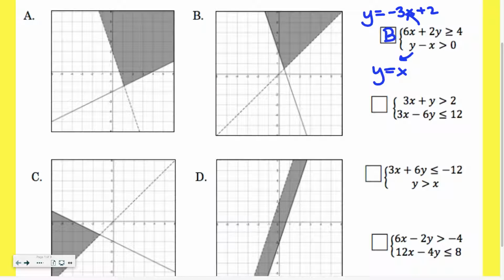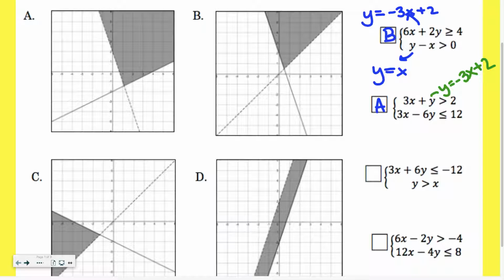Okay. What about this one? Which graph matches this one right here? A? Okay. Some of you are putting these into slope-intercept form. This would be y equals negative 3x plus 2, which is the same line as over here, right? But what's different about it from A to B? These two are the same line, but this one was dotted versus that one is solid,